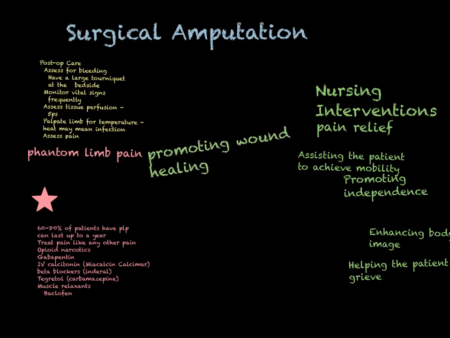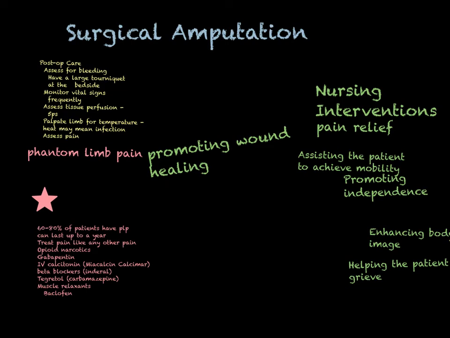These patients are out of the hospital quicker than you would imagine after having an extremity cut off of their bodies. So you're going to have to teach them how to take care of this stump. This patient may have to rewrap the stump 3 to 4 times a day. They should have several stump socks for when they're ready for that. You're going to wash with mild soap and water.